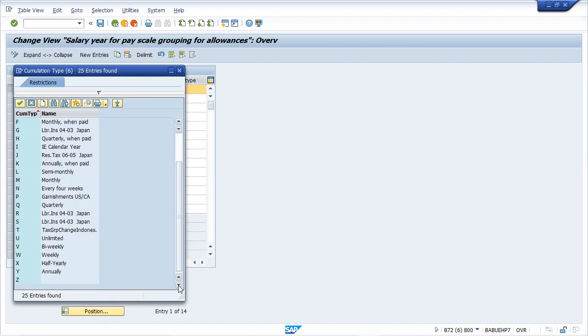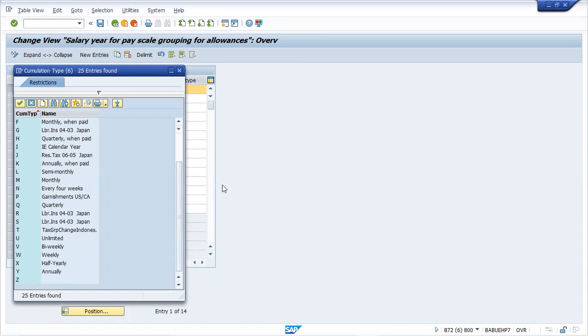It stands for accumulation type. It is not essential that all the reimbursement limits should be annual. You can have a monthly limit, a quarterly limit, depending upon the organization, or it can be unlimited. So there are different kinds of scenarios. If your reimbursement limits are not strictly annual, so they should not span across the financial year for those kinds of reimbursement types, you have to maintain this accumulation type for that reimbursement period.